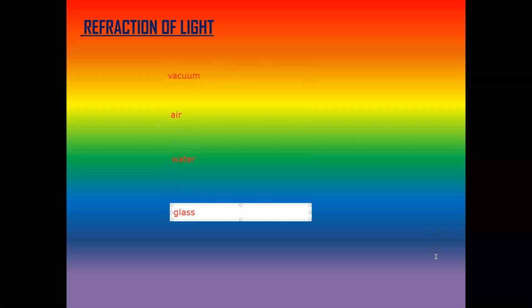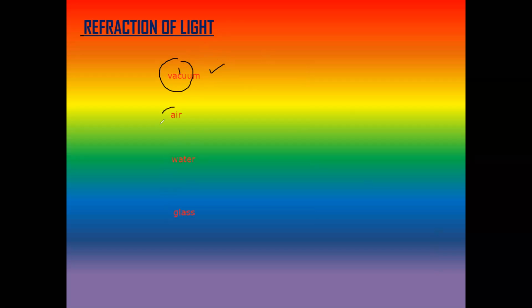Light does not require a medium. Light can travel or pass through vacuum. So the speed of light in vacuum is much faster compared to air. In air, it is much faster compared to water, and in water, it is much faster compared to that of